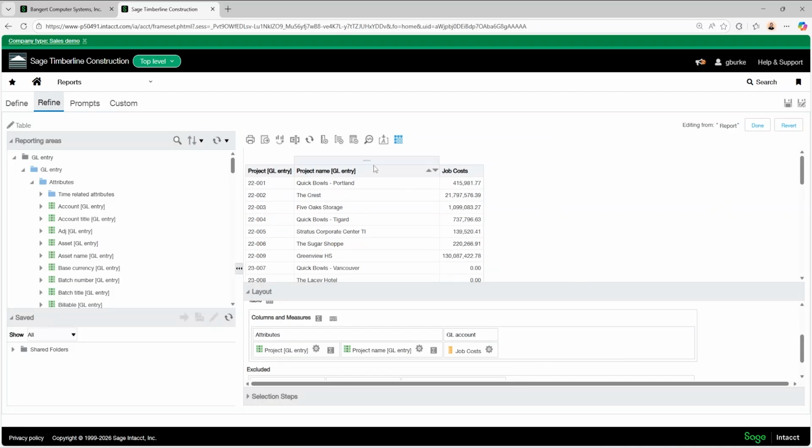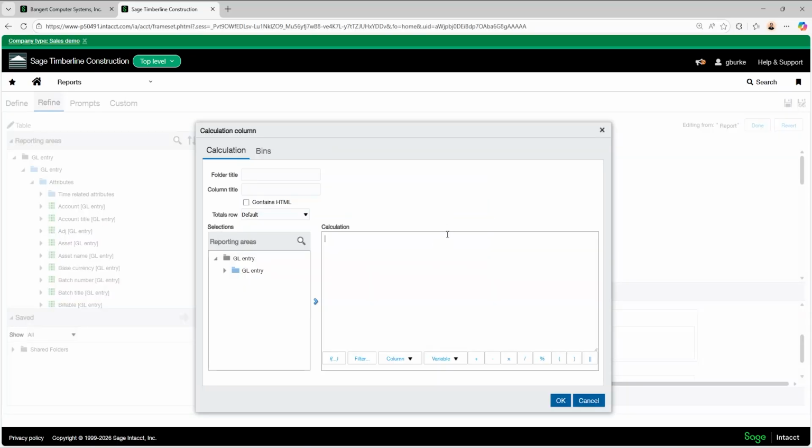The other way you could solve this is by just including it in the formula, because if it's sum, then it will default to using sum. So we'll say sum, we'll enter in that formula, and then we want to specify this is by our project ID. Call this job costs V2.